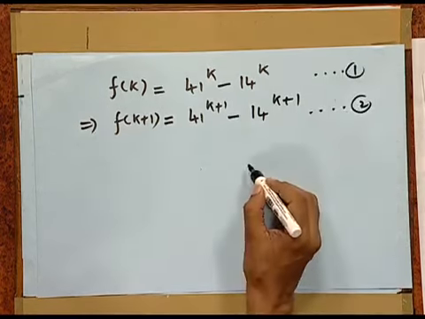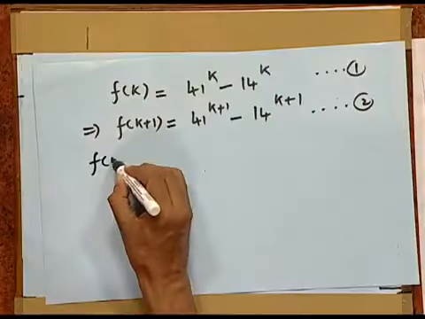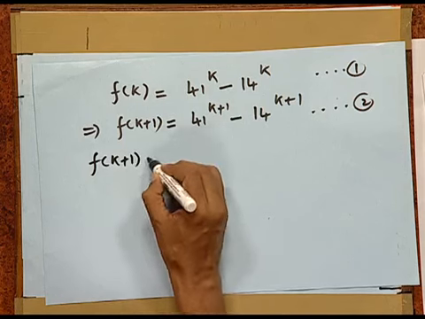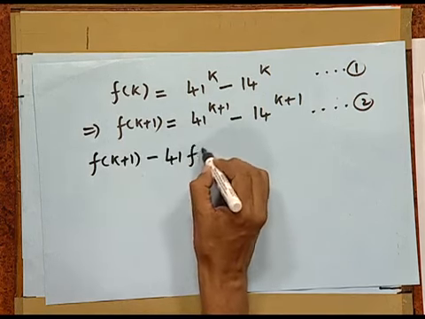Now, from these two results, we eliminate the 41^k term. So, we can multiply the first equation by 41 and subtract from the second. So, we get f(k+1) minus 41 f(k)